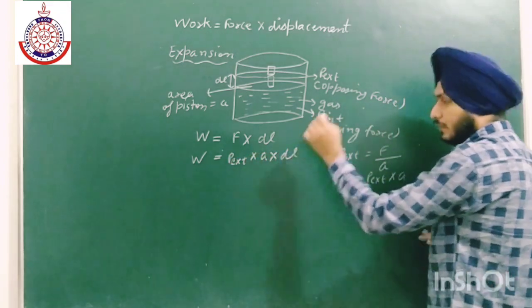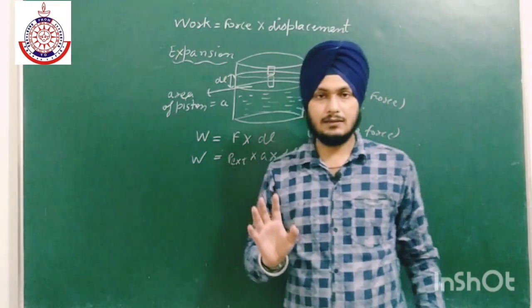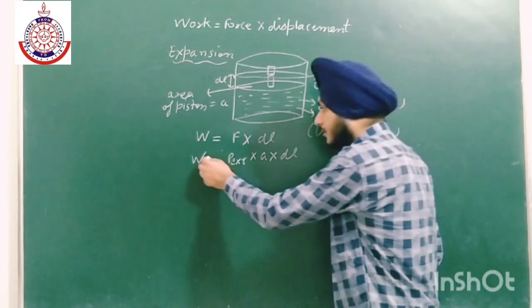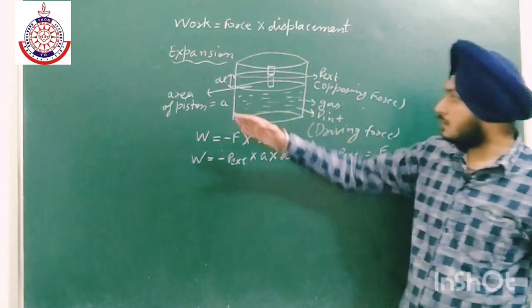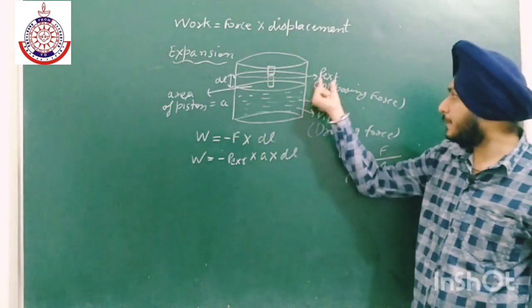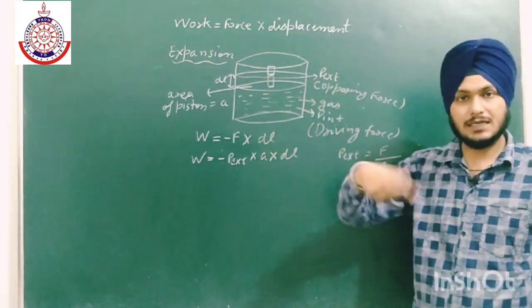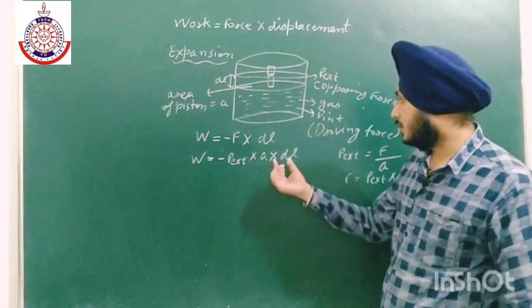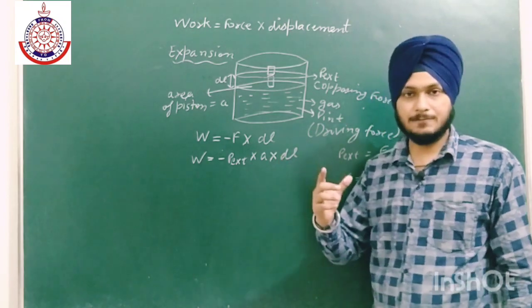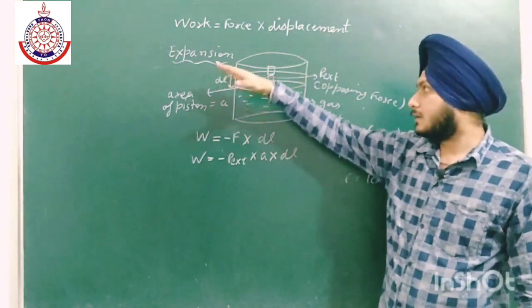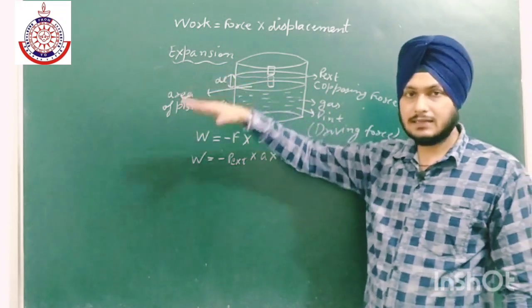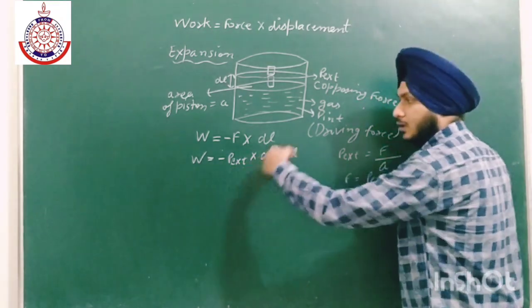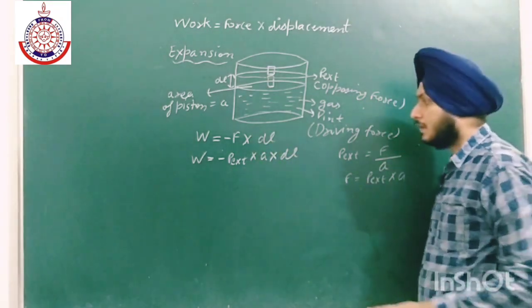into dl. Now we have to take the value of P external, and hence force, to be negative, because the expansion takes place and we are dealing in P external, and P external is the opposing force. That is why we have to take it as negative. So the work comes out to be negative, because this term is always positive, because we are expanding, so the final volume will always be greater than the initial volume. That is why the whole multiplication comes out to be negative.